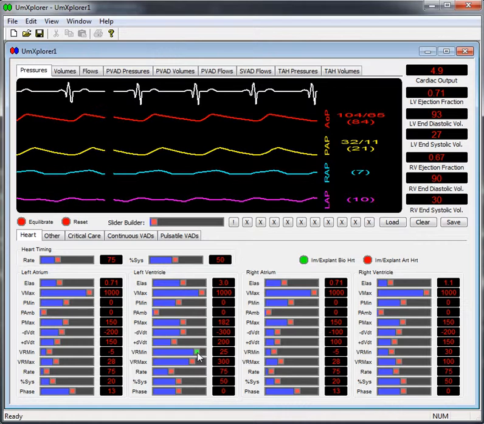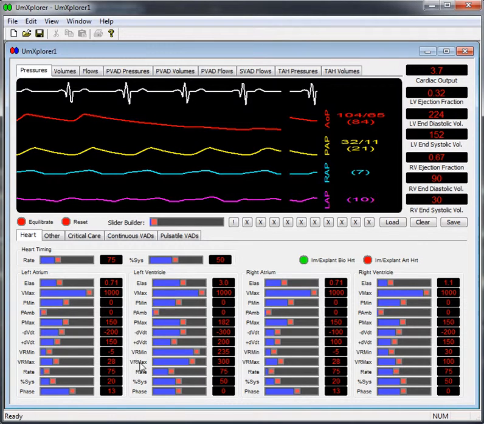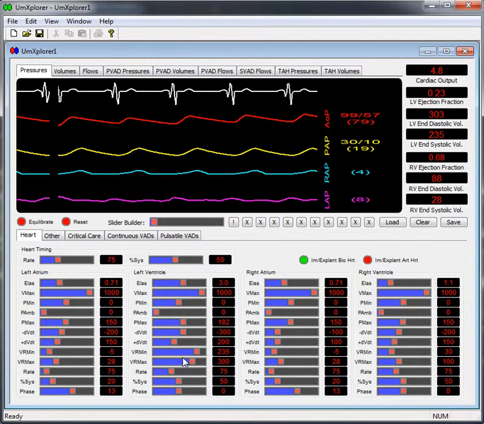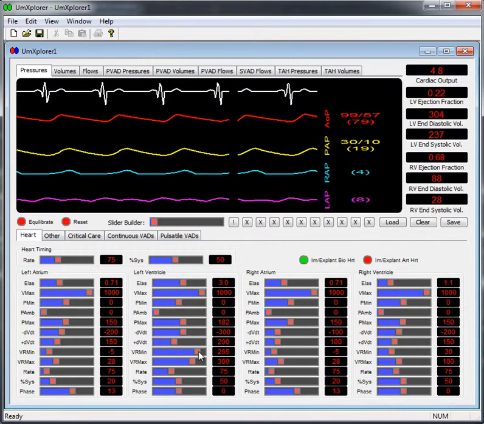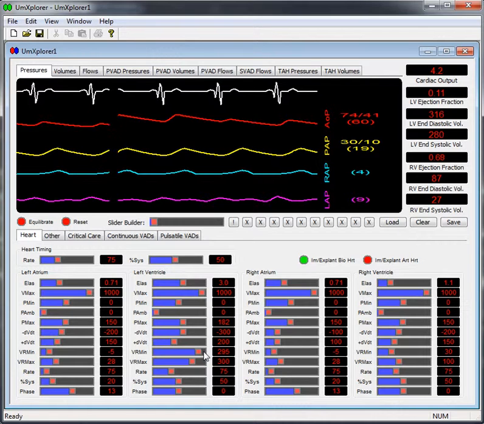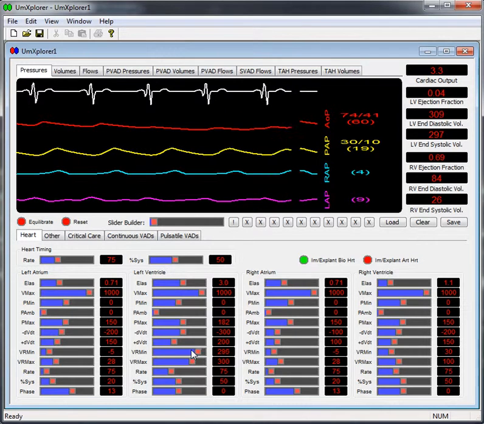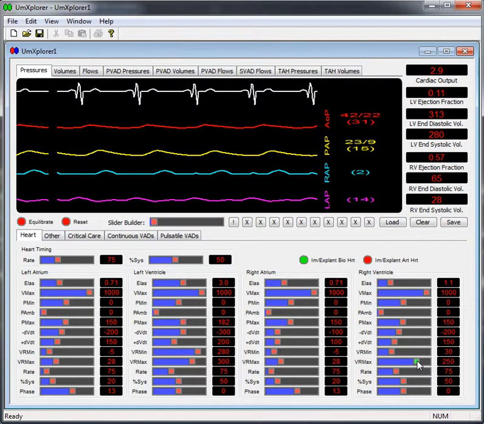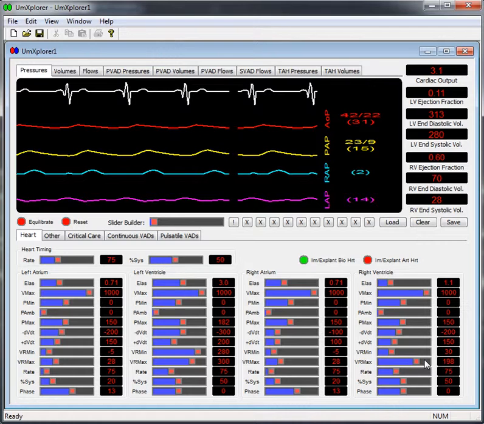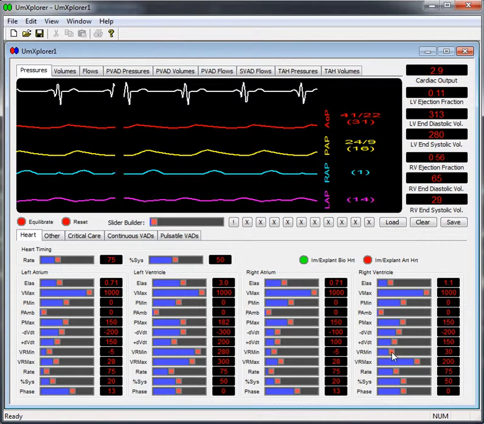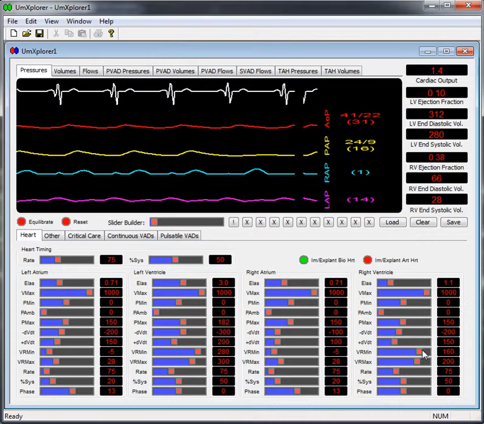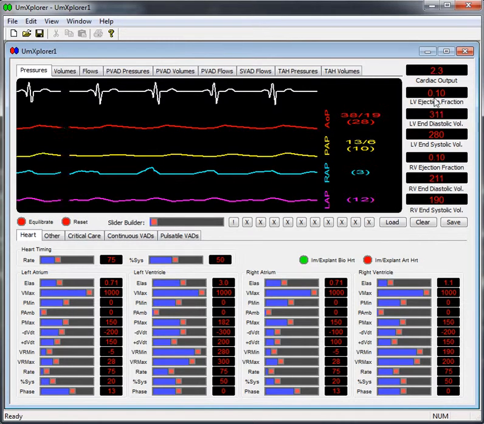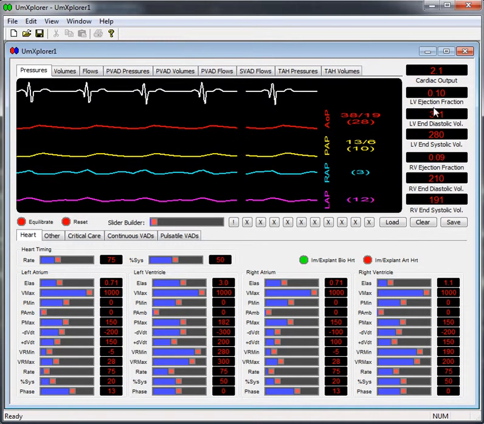Go from about 300 for the reference minimum volumes for the left ventricle and the right ventricle, and you can read about those in the guide. And let's see, on the right side we'll go about 200 milliliters, say 190 milliliters. And then if you take a look at the ejection fractions, you'll see you're down at 10% left ventricle